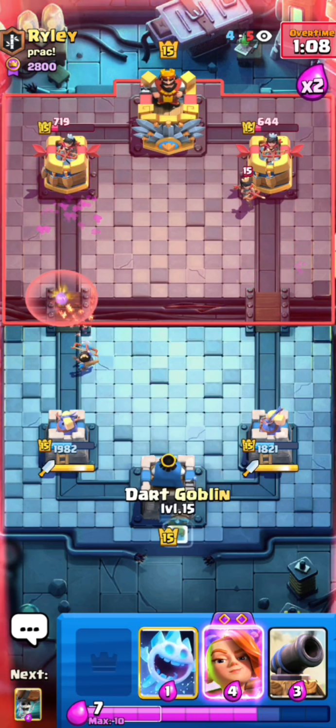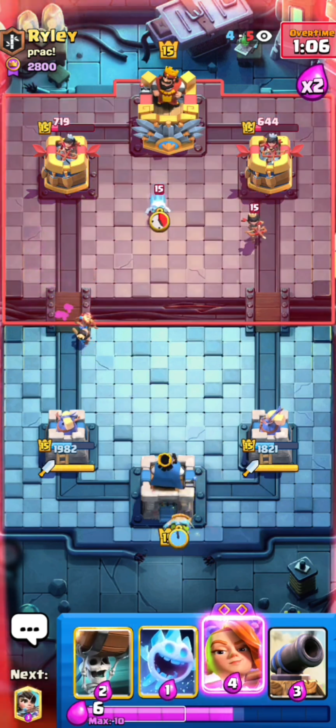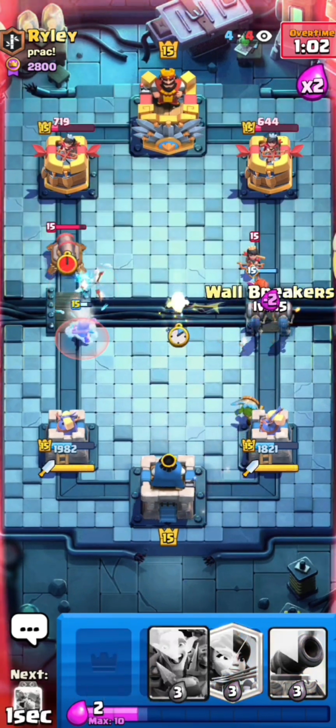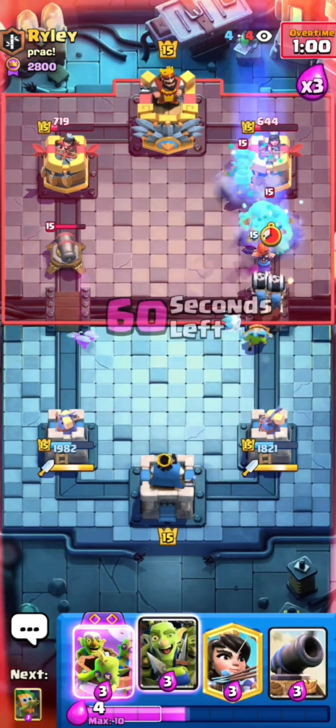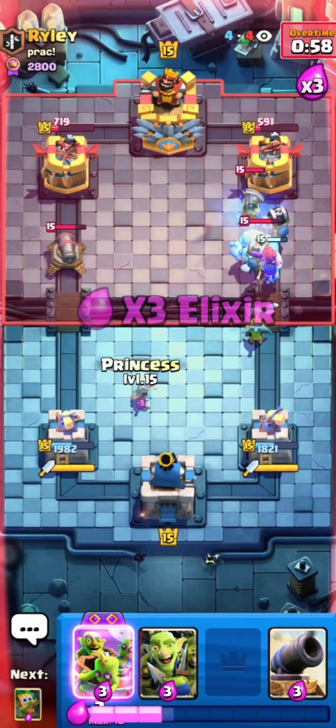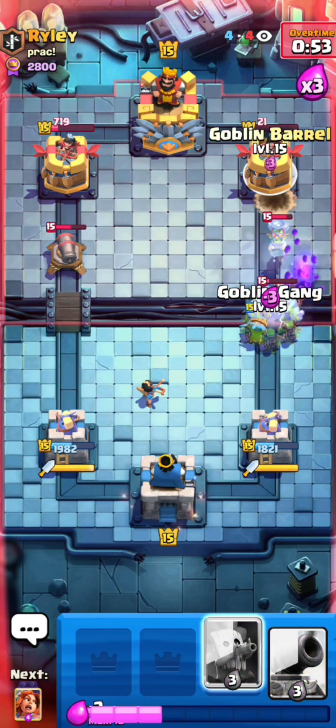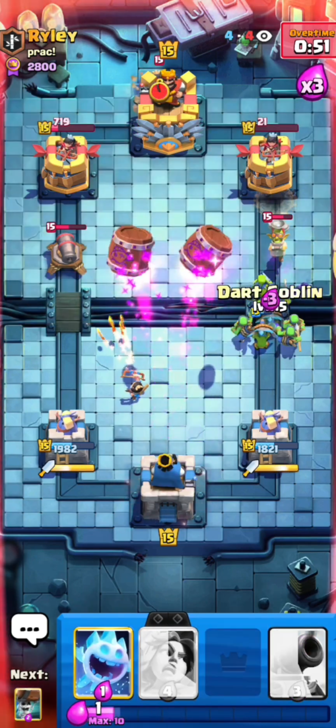Okay, this is actually perfect for me so far, because he still has to defend the princess. I can go Valkyrie, make sure I take out his princess. Going very aggressive with the wall breakers because he just wasted the cannon, so he's forced to pop his ability. Wait, that connected! 21 HP, very good wall breakers right there, knowing he doesn't have anything good in cycle, and